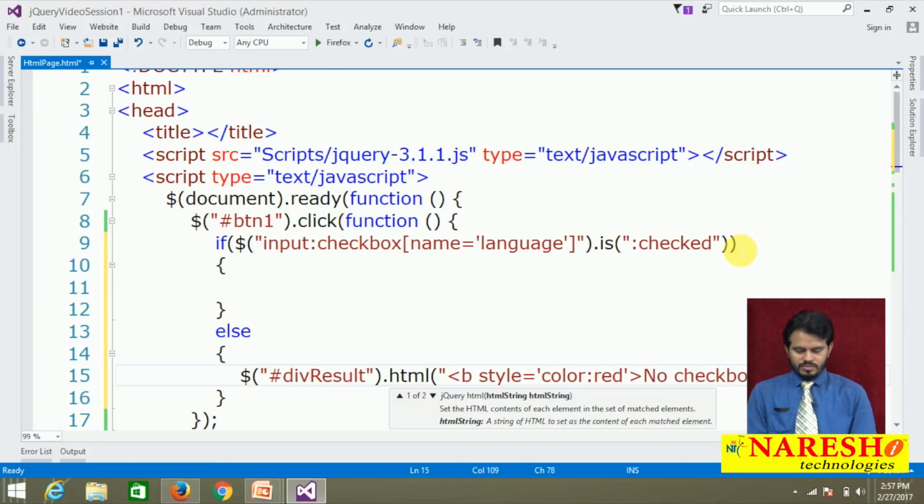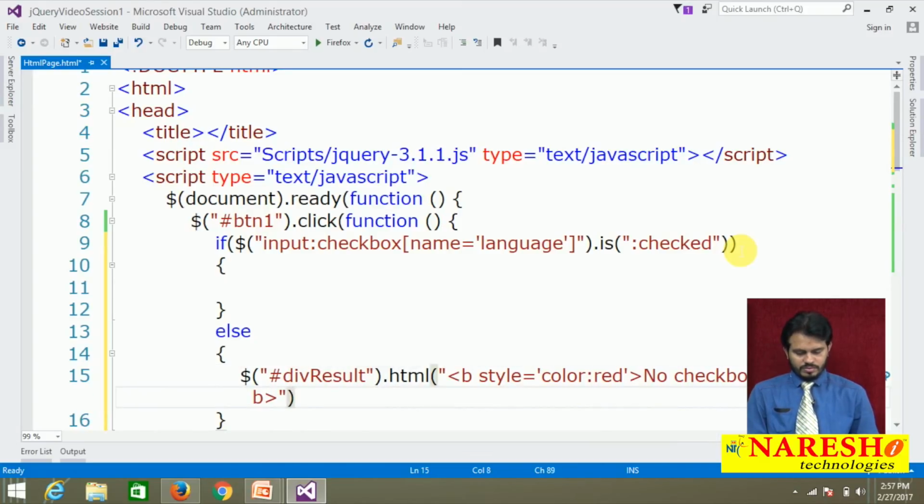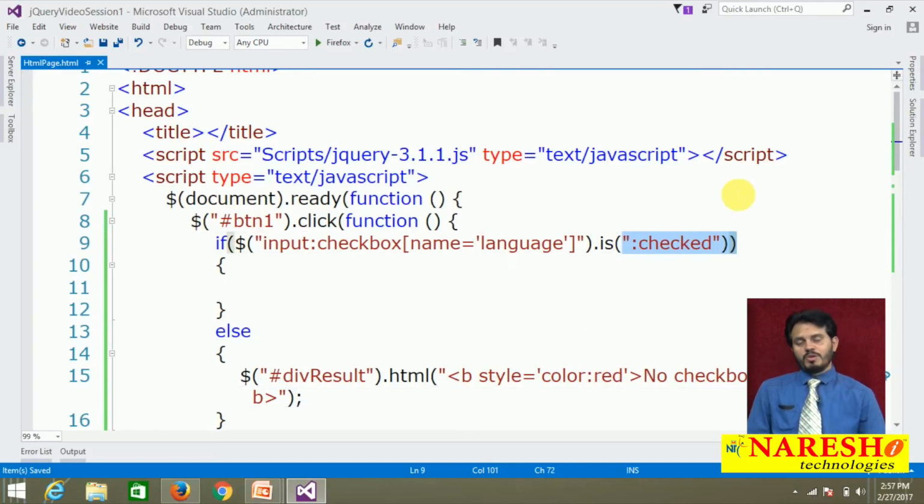checkbox checked, and after that b tag is going to be closed. Simple message, no checkbox checked, or any message like no languages are checked. So just the message no checkbox checked in a bold form with red color. If anyone is checked, maybe one checked, maybe two checked, maybe all three checked, then find out what